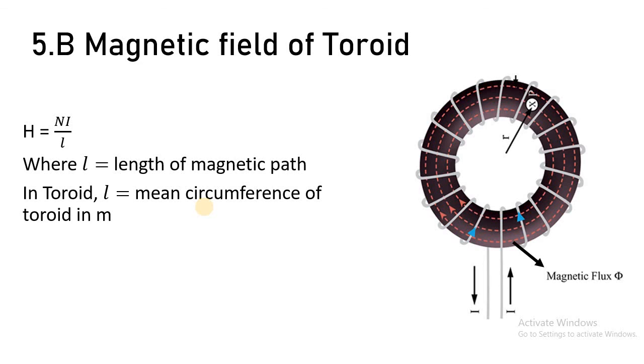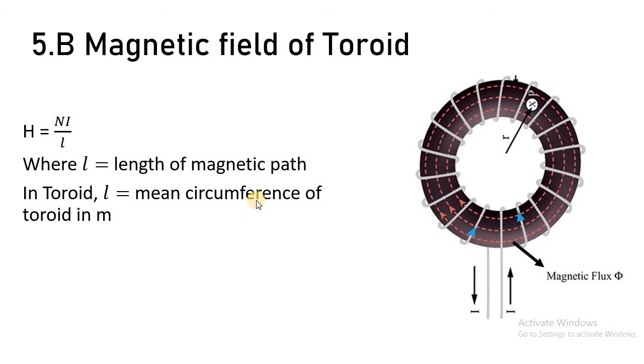Okay. So the mean circumference of the toroid, which we have to calculate here, is the addition of both circumferences divided by 2. That is nothing but the average, because mean is nothing but average. So by taking the average of both circumferences, we are able to find the mean circumference length of the toroid, which we take in the denominator to calculate capital H. So in the magnetic field of a toroid, your L is nothing but the mean circumference of the toroid. In the solenoid, your L is nothing but the length of the solenoid.